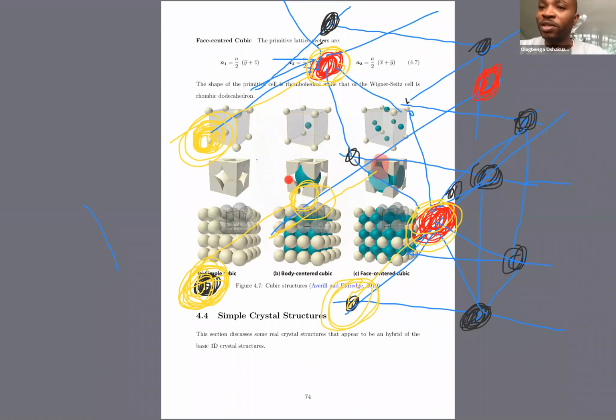Coming to the body-centered cubic, this is something similar. These are two identical balls. I'm sure you know this ball is familiar. I use it to play table tennis. So we have two identical ones that are made to fit into this particular cube, though it's now a bigger cube, and it looks like a body-centered cube. So what we have inside is as good as what we have outside. The size of what is